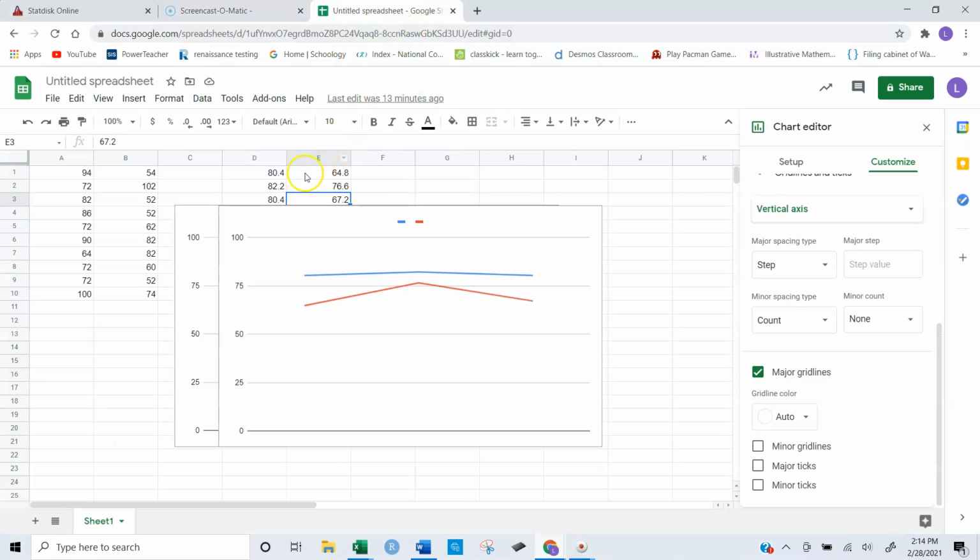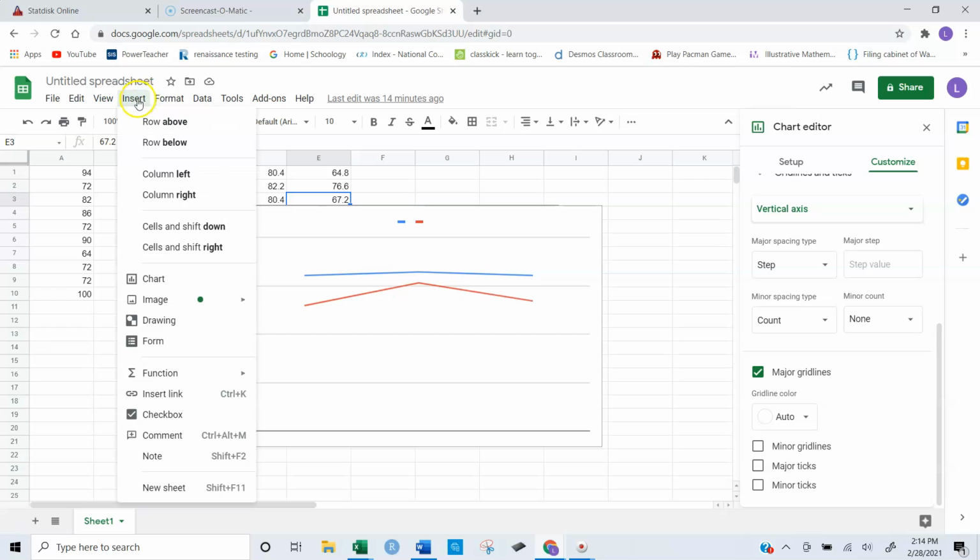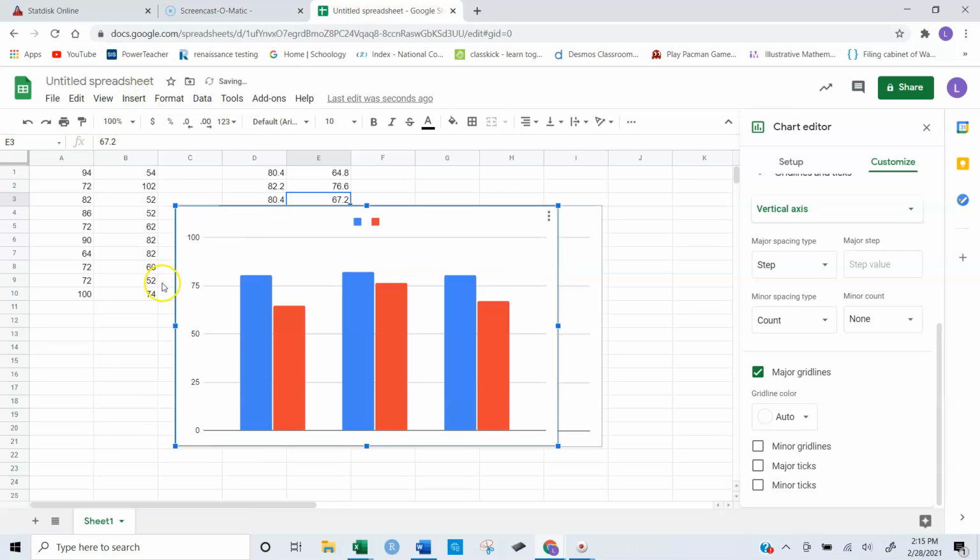Here we are in Sheets. I've typed in my values. Now, when you first put these in, you're going to go to Insert, Insert chart, and it comes up with a bar chart. Well, I don't want a bar chart, so you've got to click on